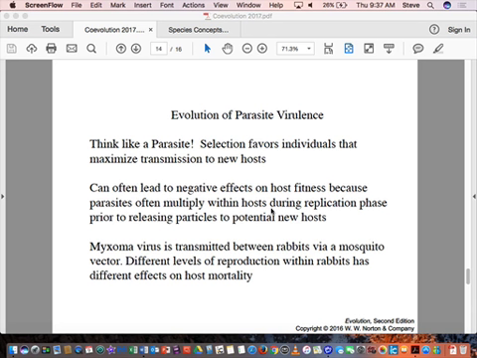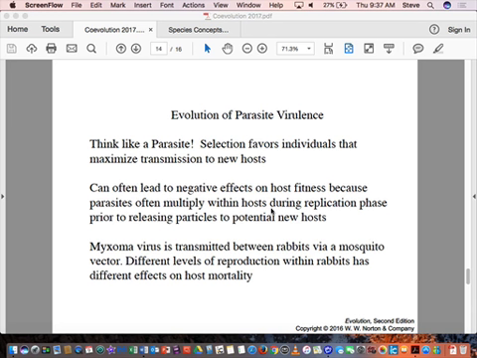Yeah, when it goes to feed on a different rabbit, these are probably blood-sucking mosquitoes, right? Like all of them are, right? And that's how they transmit that particular virus between an infected host and an uninfected host. Okay, so what we're going to look at is how this myxoma virus is transmitted between the rabbits via mosquito vector,